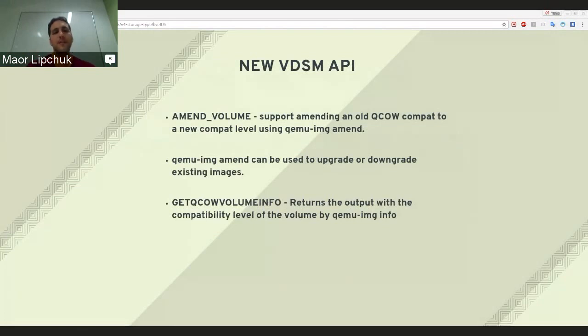Which is called the get qcow volume info. It returns an output with the compatibility level of the volume by the QEMU image info. So when, for example, would we use it? When we create a snapshot or some kind of a new volume through oVirt, then once this volume is being created,